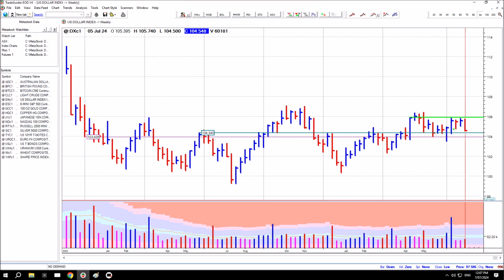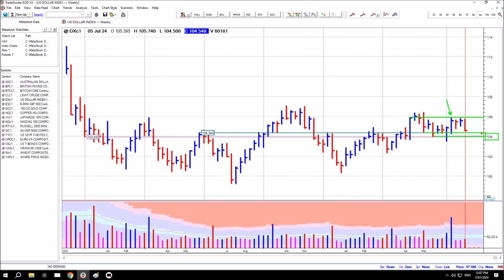Price still remains within this bar's range and above the important 104 level, so you could give it the benefit of the doubt. A failed test would be considered a sign of weakness in itself, and you've certainly got the lows of the range coming through here. That's the stronger lows. This is the actual lows here. A clear break and close below that level would be a sign of weakness and a breakdown bar.